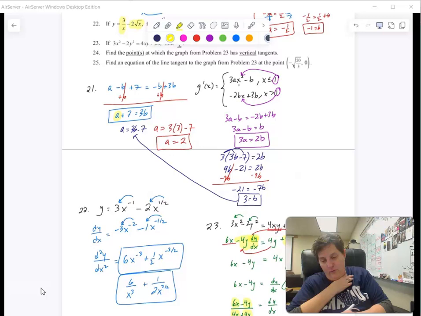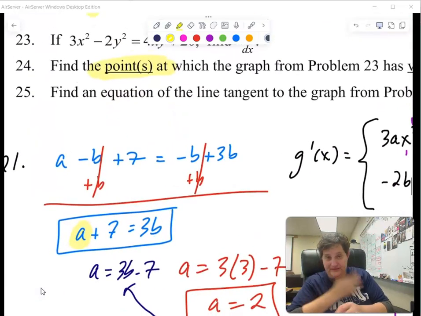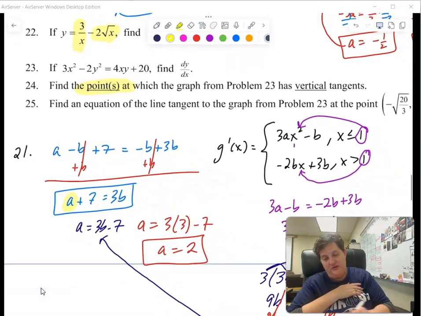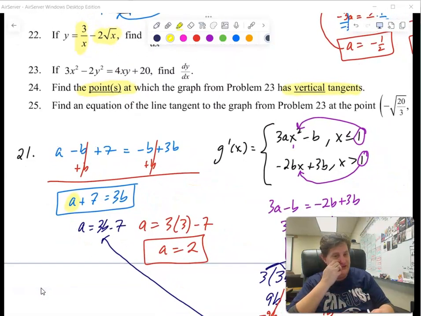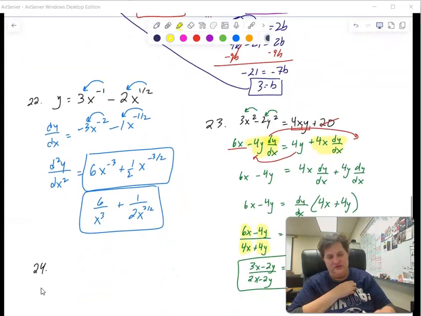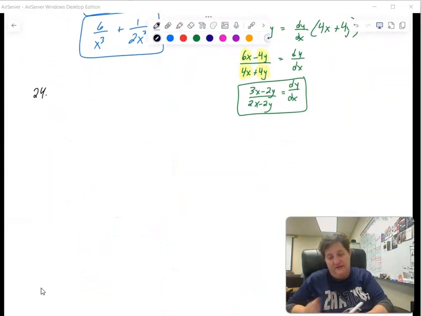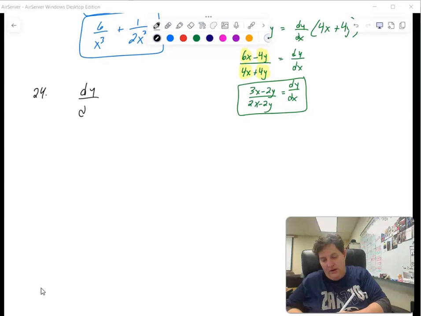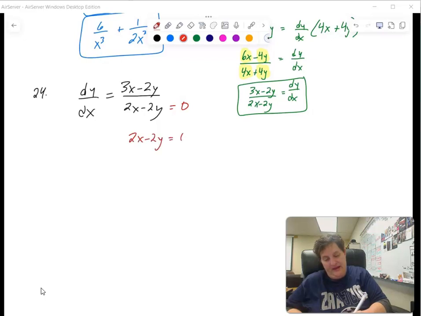Okay, 24 says find the points. Now it underlined that. Why did it underline that? Because I need to do a coordinate point. Which the graph from problem 23 has vertical tangents. Okay, guys, horizontal tangents is where it equals 0. Vertical is where it's undefined. So what I would do is, horizontal tangents would be the top is 0. Vertical tangents would be where the bottom is 0. So if I set that equal to 0,